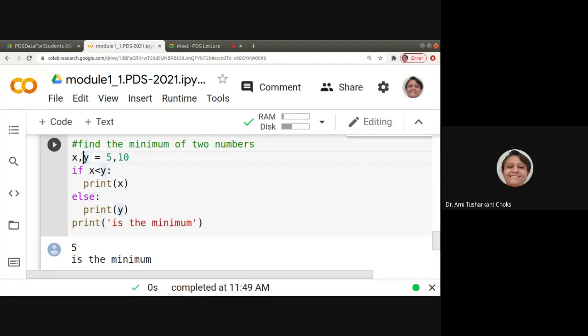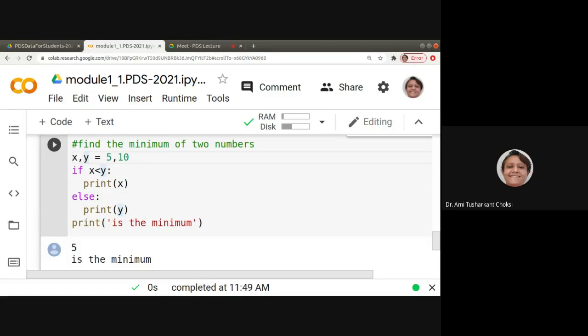In other languages that we have learned till now, that is C, C++, Java, we used to have braces for the action of the condition, but here we have to use proper indentation and the colon.